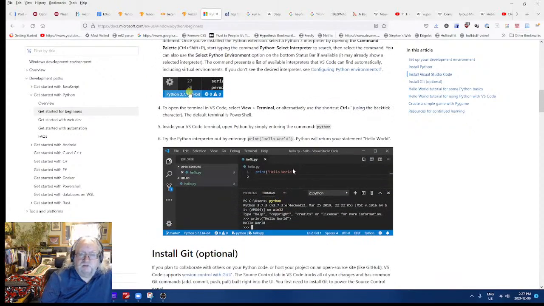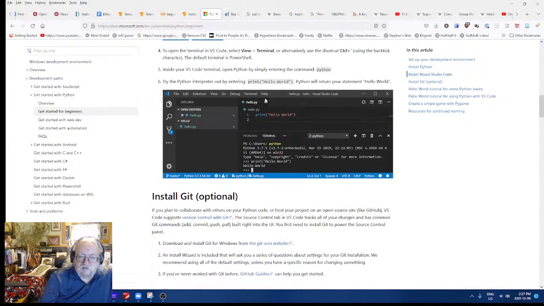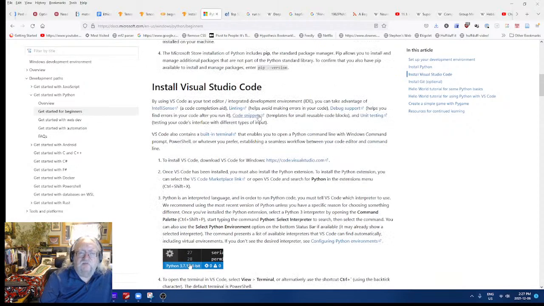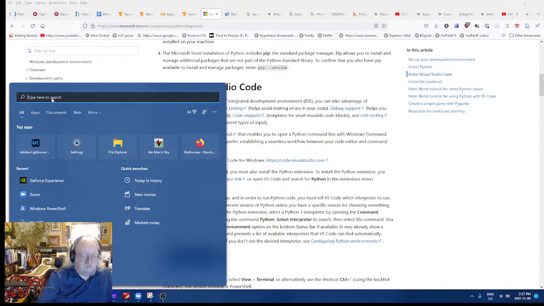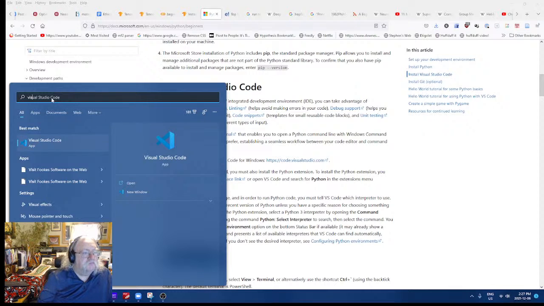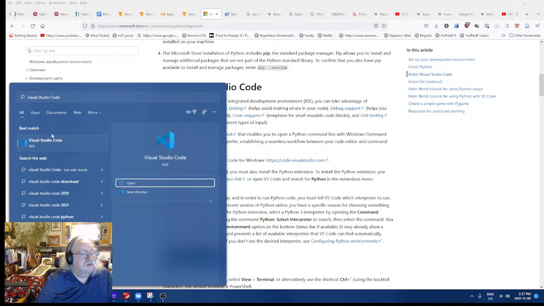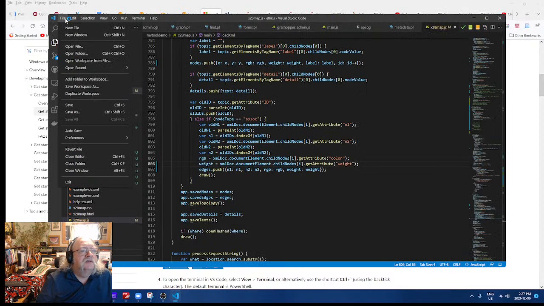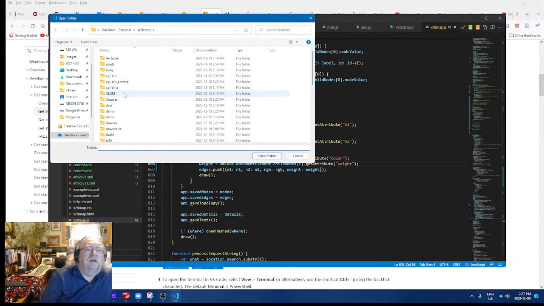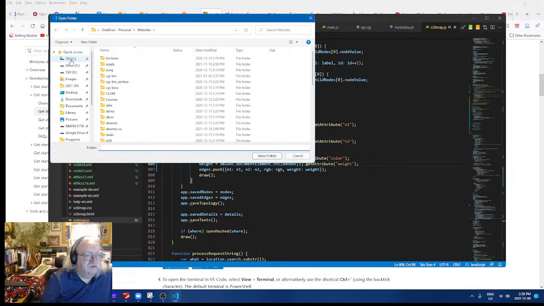All right, install Visual Studio Code. Okay, let's stay with this. All right, so I have Python. I have Visual Studio Code. Let me open Visual Studio Code. It's a lot harder to open stuff. Okay, so we're going to make a new folder, and we're going to call our folder something. I don't know what. Well, it'll be in code projects because that's where I put all of this stuff.